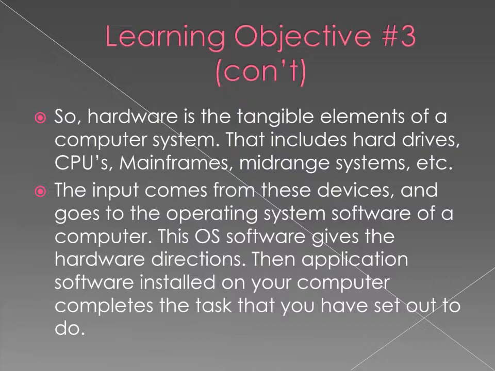The CPU, hard drive, and processing system, the inner workings of the computer, take that typing and process that information. The application software that you choose to use, I choose Microsoft Office. My husband usually chooses OpenOffice, but the application, let's say Microsoft Word, would help you complete that